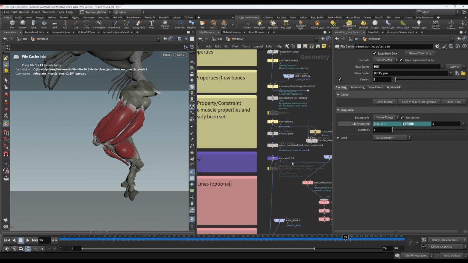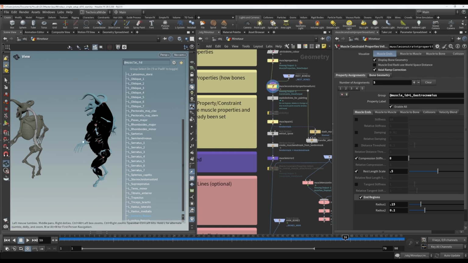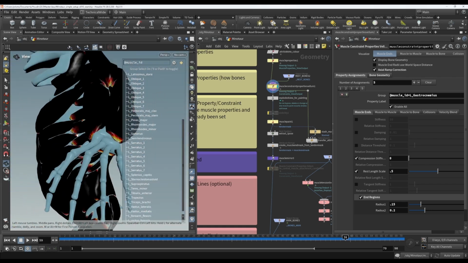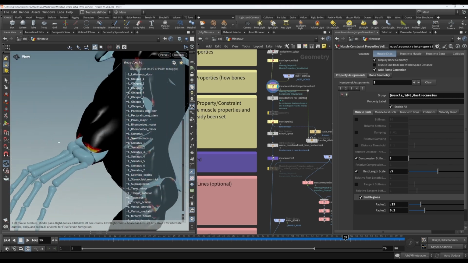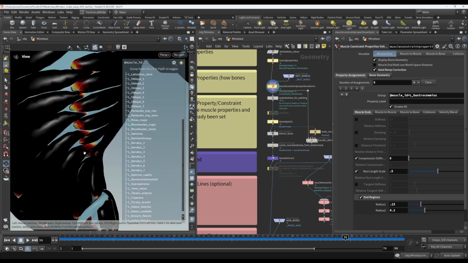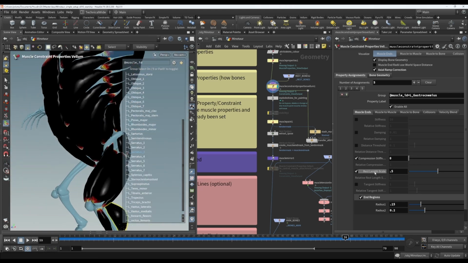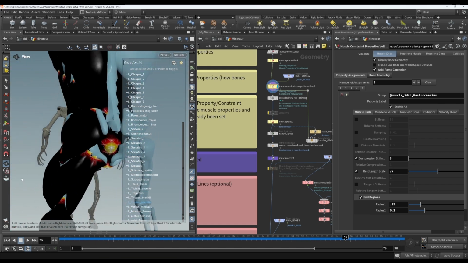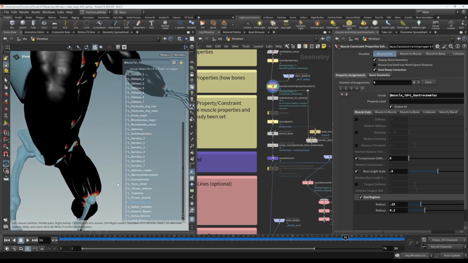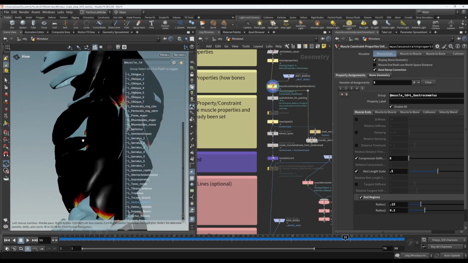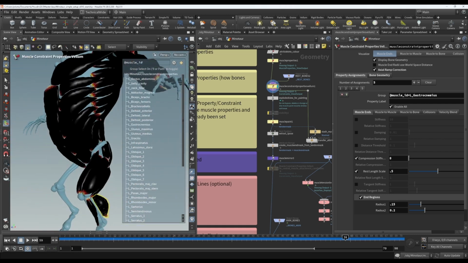So let's take a look at the full muscles. Because I am thinking it might even be worth, I'm trying to decide if it's worth putting this rest length scale on all the muscles, or if I should just do it for the muscles on the leg. This is maybe the one downside of, I mean, there's no,